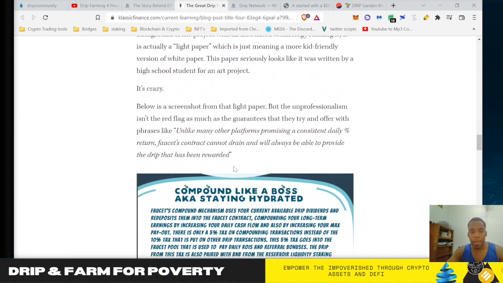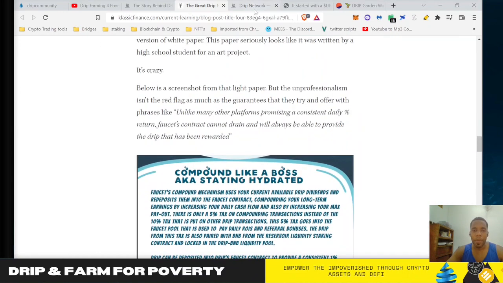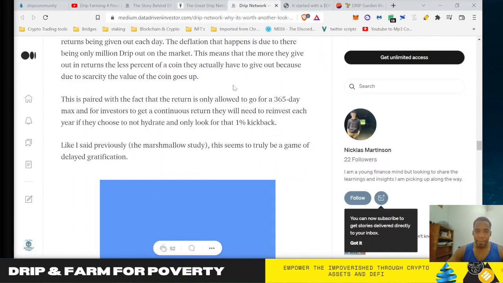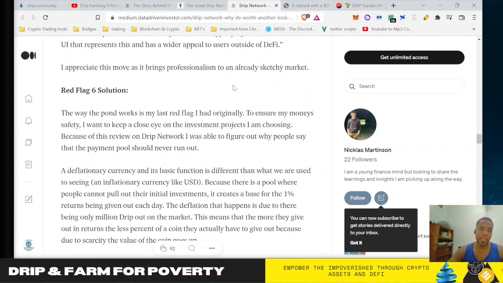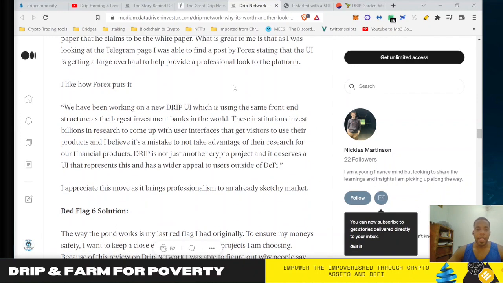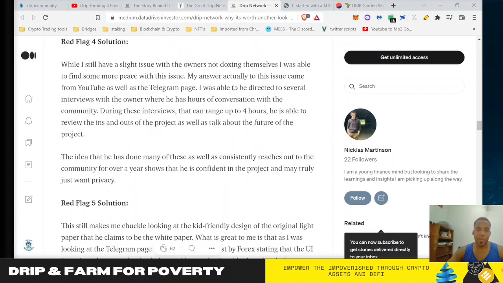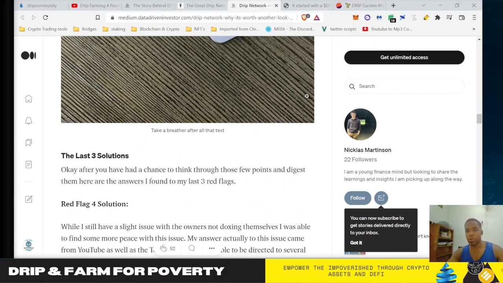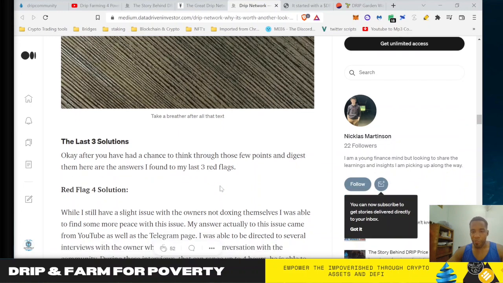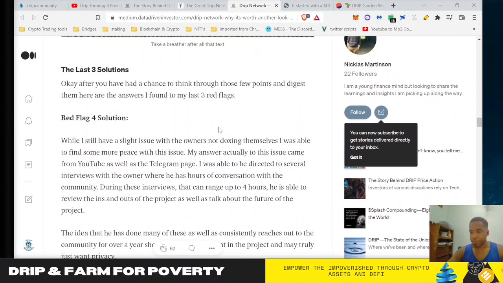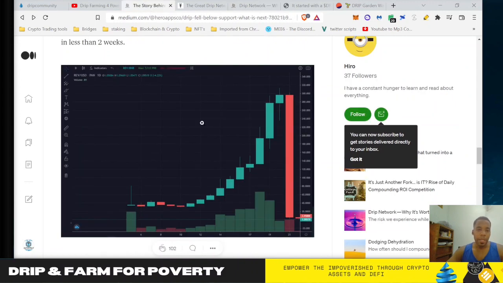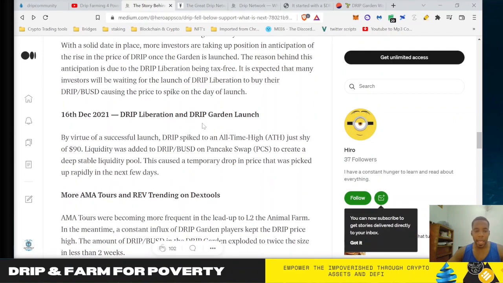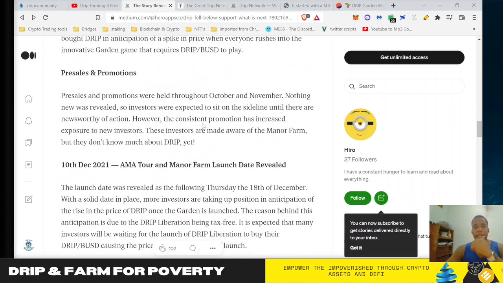The white paper cleaned up can help. The new UI can help. But what I think it means is that over time, as this gets cleared up and more transparent, it will be an easier decision for people to get into, especially as the roadmap continues to play itself out and the use cases get built in and Drip continues to be sustainable. That will be some bullish hope for the long-term future. So this is just another video to kind of give you guys a little bit of hopium to show that there are people out there monitoring this and writing articles on it. And then again, looking at the history of drip.